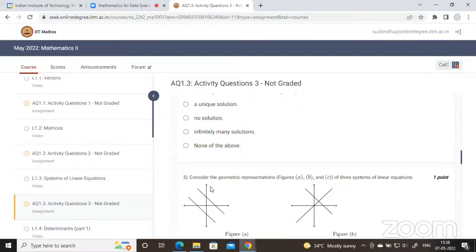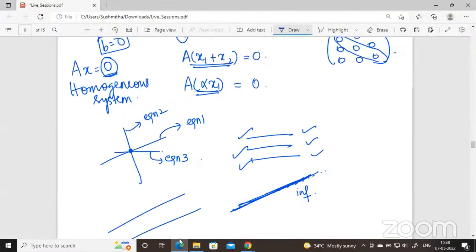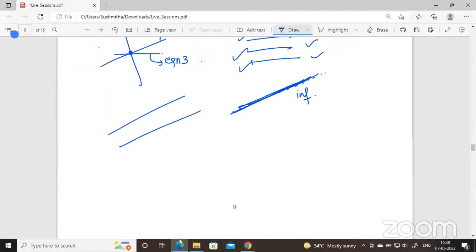Can you explain that on a plane in 3 lines, whether they have a unique solution or infinitely many solutions? This is a unique solution, right? 3 lines having a unique solution. This is in R2. If I wanted to see it in R3, there is a confusion on how to read that graph. So in R3, okay, let's go to GeoGebra.